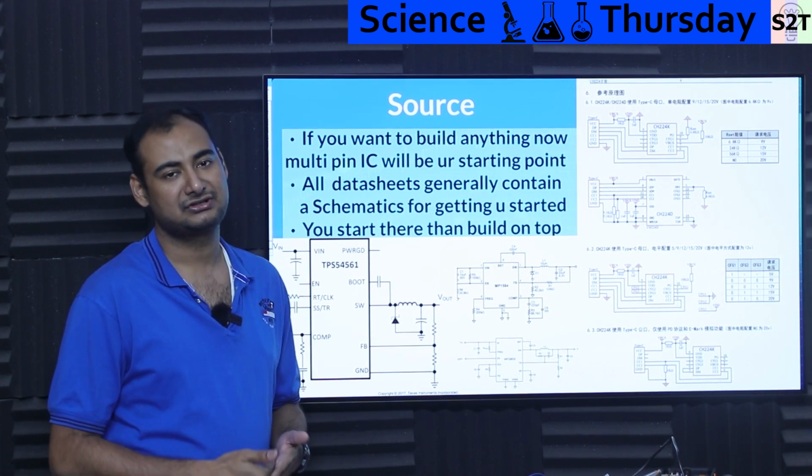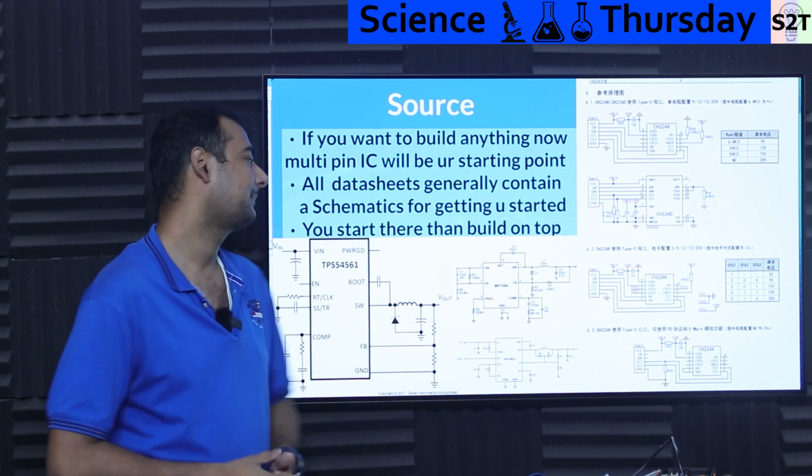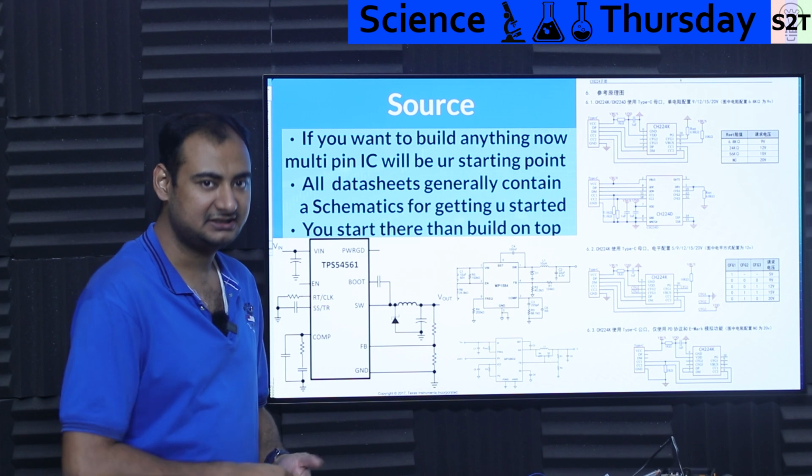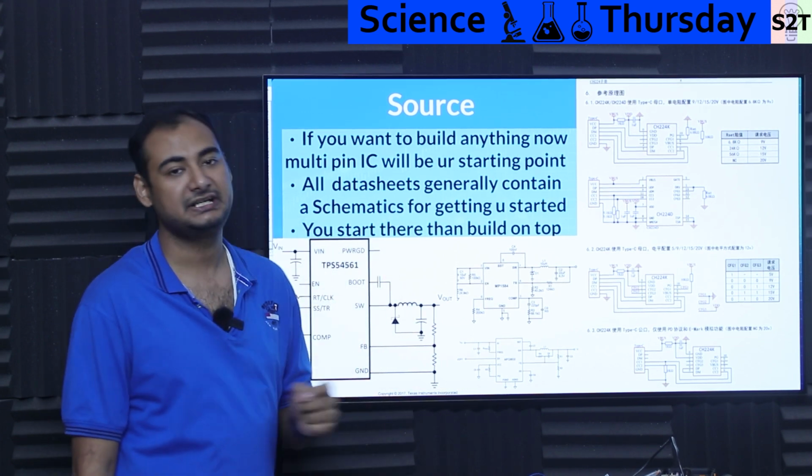And this is the first thing you have to understand. You are dealing with electronics, get to the data sheet. That's the compulsory requirement. If you get the data sheet, you can survive. A data sheet generally contains schematics for getting you started. For example,